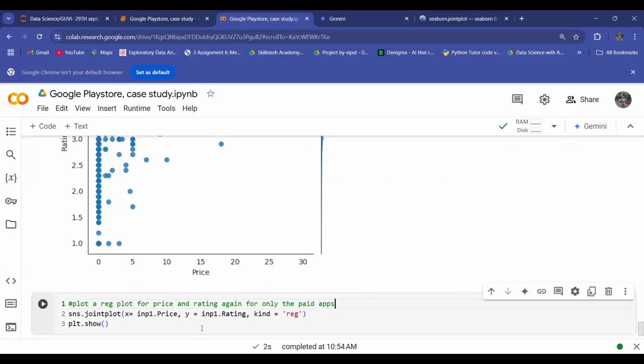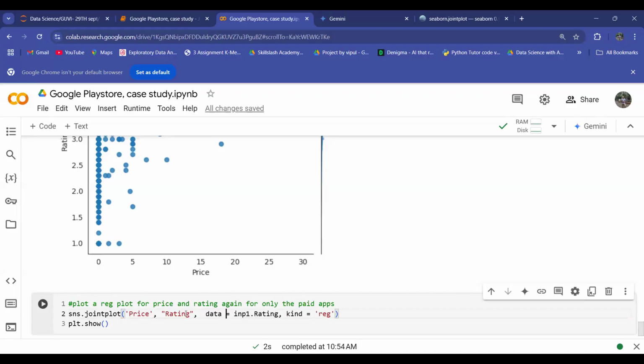So for paid apps only, you are doing a joint plot for the price column, P is capital for price, comma, rating column, R is capital for rating, comma,